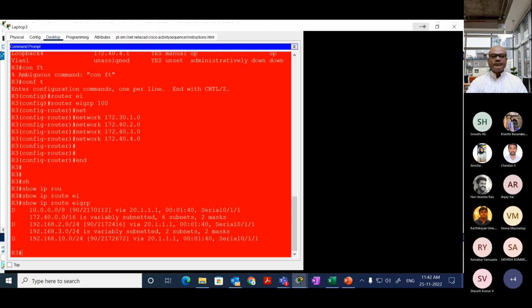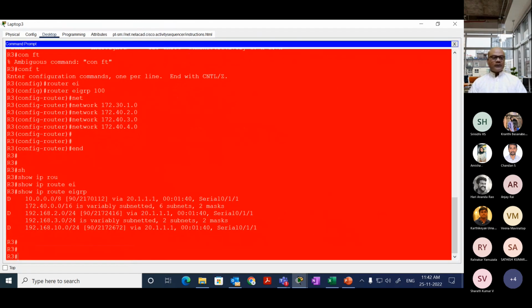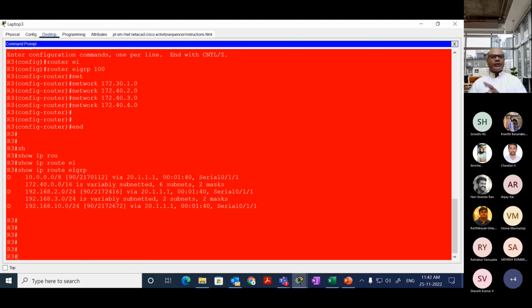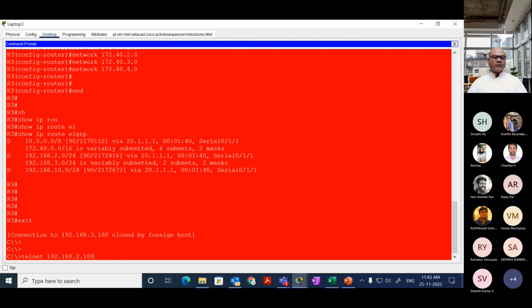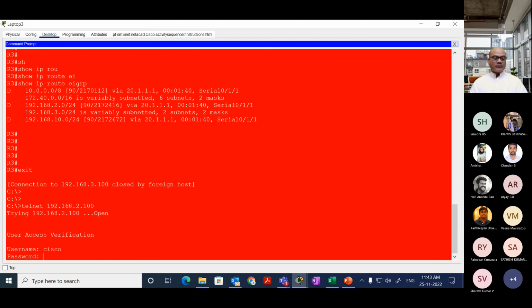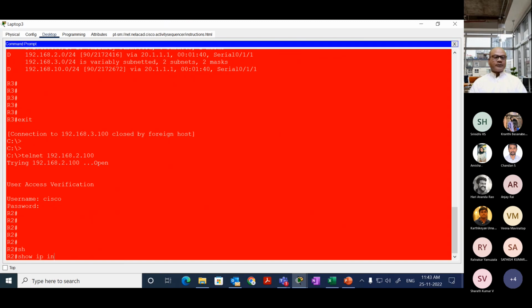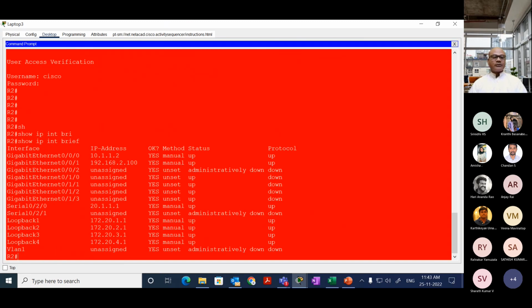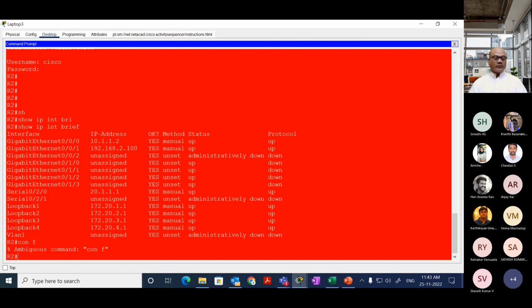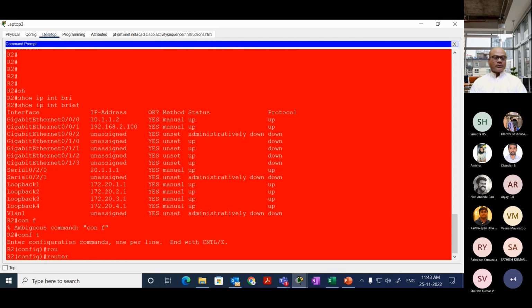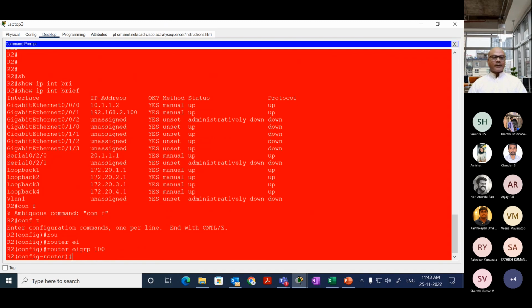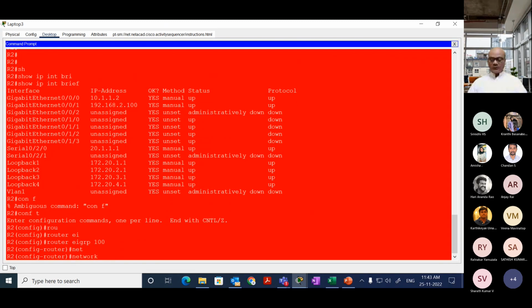Let me make it bigger. From here, I'm going to access everything, so I'm not going to be frequently shifting between the routers. Exit. Then I will go to R2 this time. Cisco. Show ip interface brief. The 172.20 network we are running, right? So enter into global configuration mode. Router EIGRP 100. Network